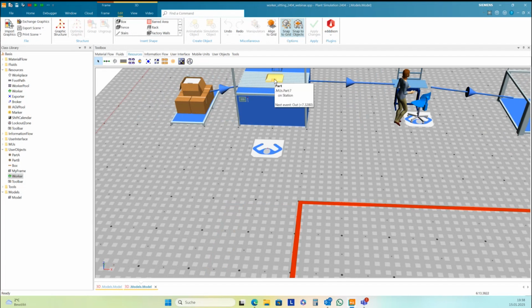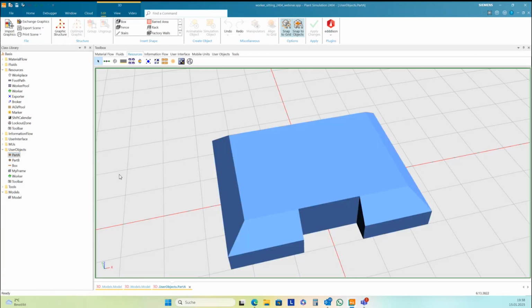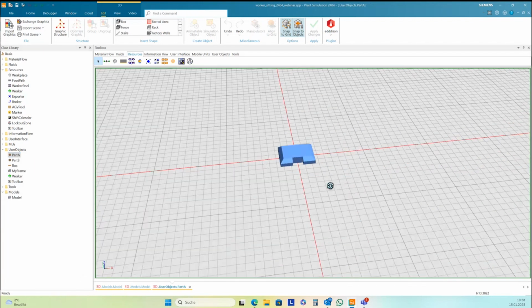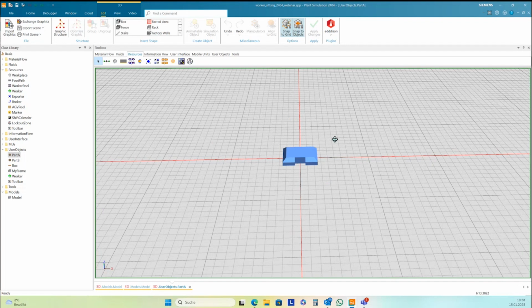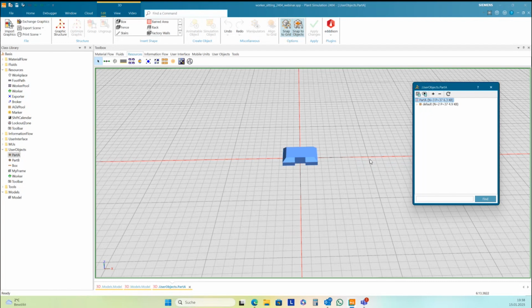I need to change the part. I take the part A here. I open it in 3D. It looks like this. And then I need to go to the 3D graphic structure.